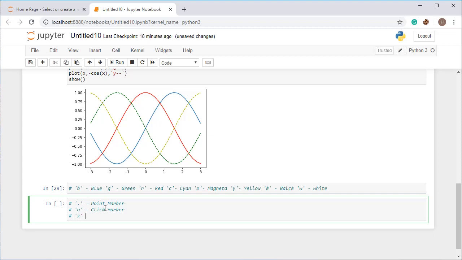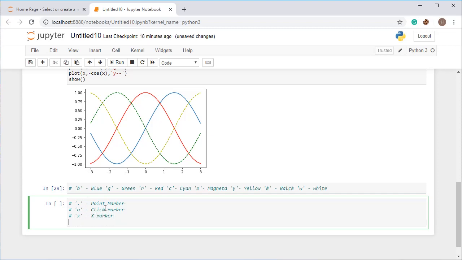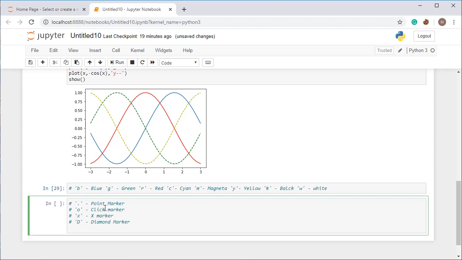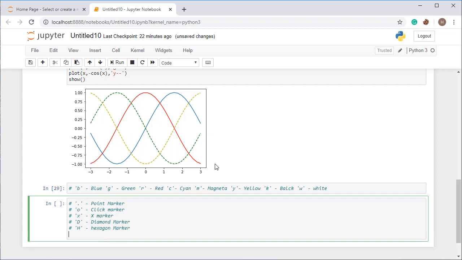X for X marker, and capital D for diamond marker, and capital H for hexagon marker. These are all the markers you can use in your graph or in your plot without any issue.